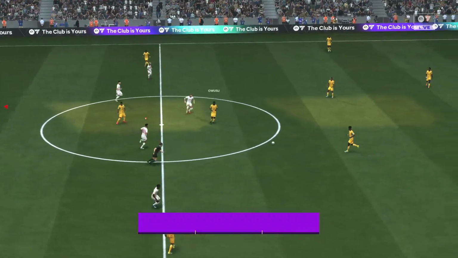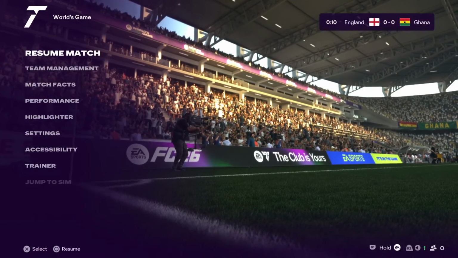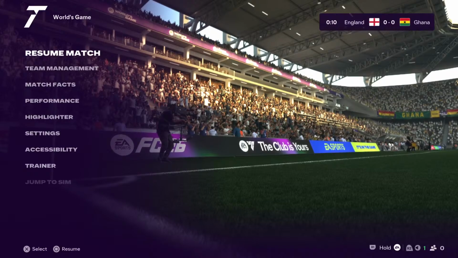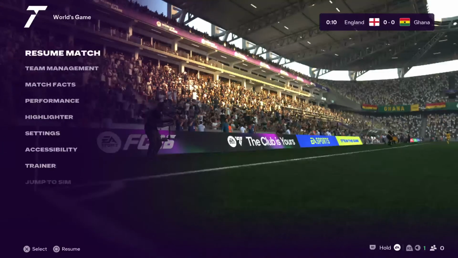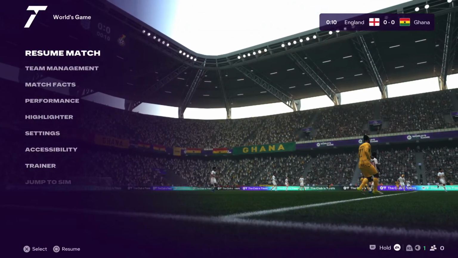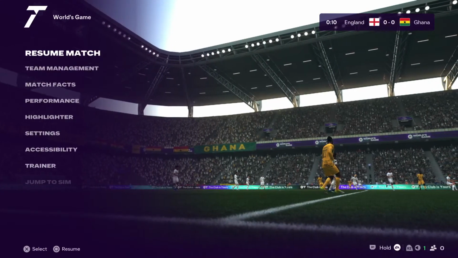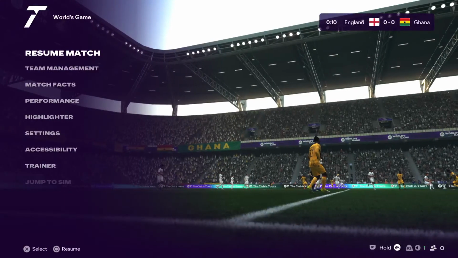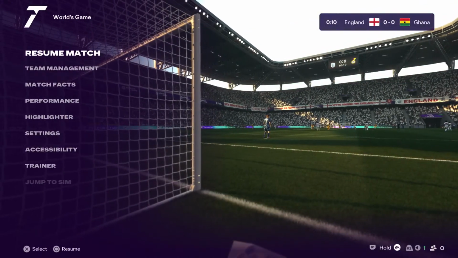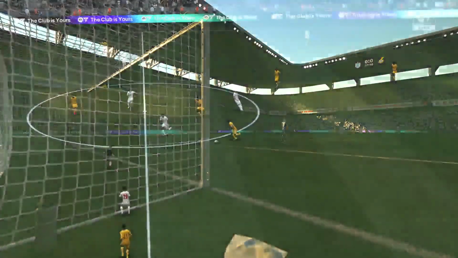And we're off. The first half begins with plenty of anticipation in the air.